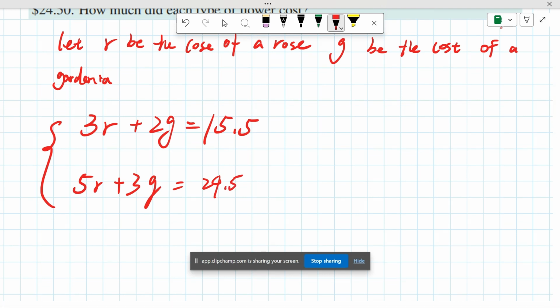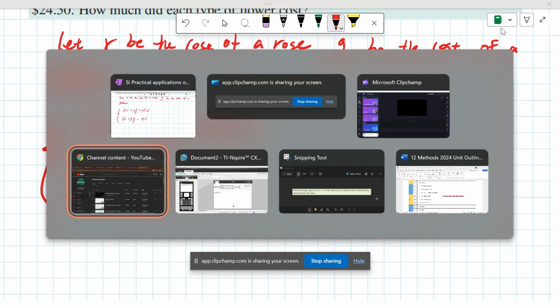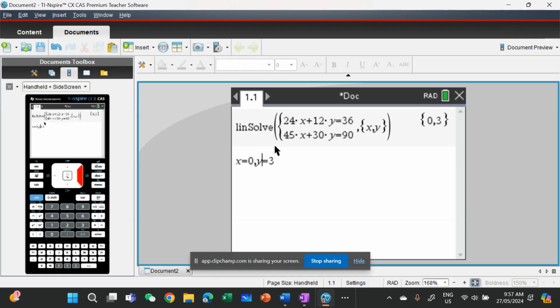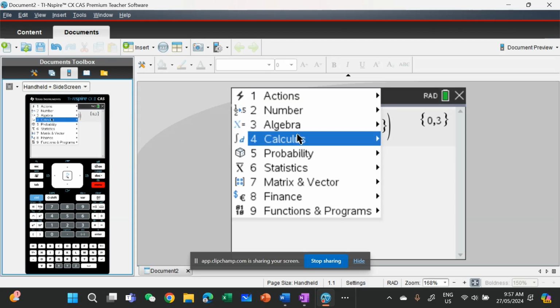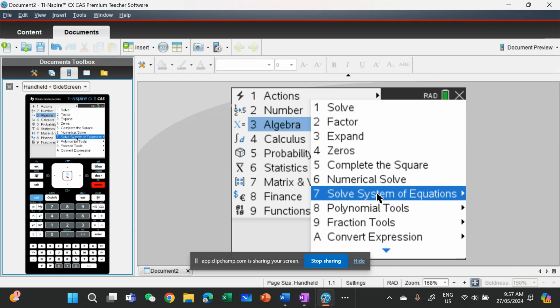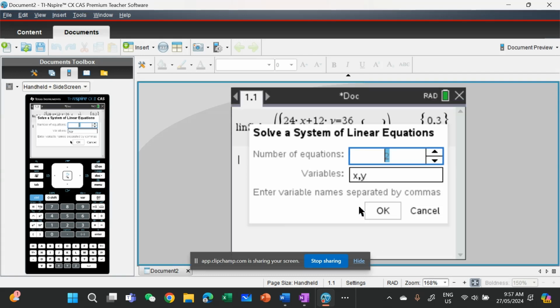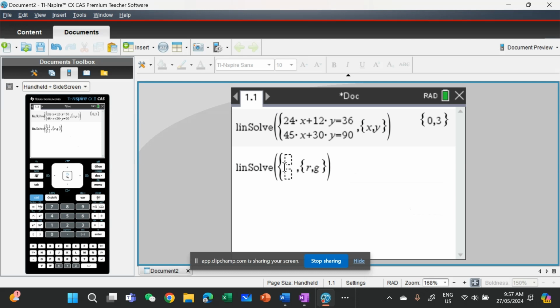And how are we going to do this question? Let's go back to our simultaneous equation in here. First things first, we could use algebra, solve system of equations, solve linear relations. I'm going to change this one to R and G. Okay, perfect. Now with 3 multiplied by R, make sure you use the multiply, okay? Because otherwise it won't recognize anything. So 2 multiplied by G